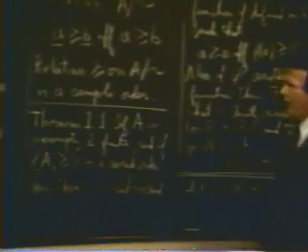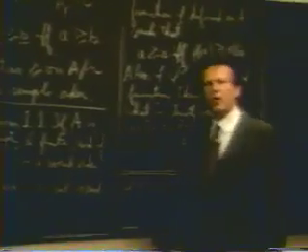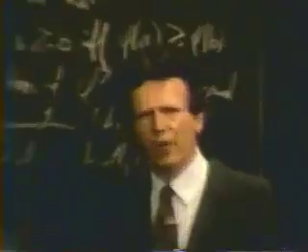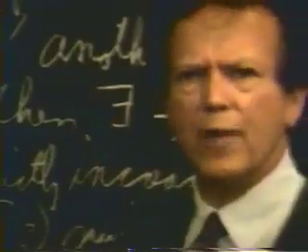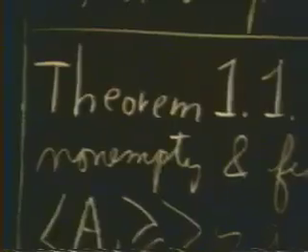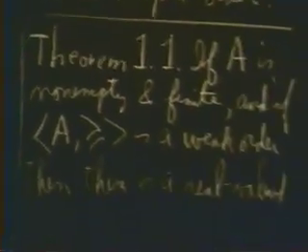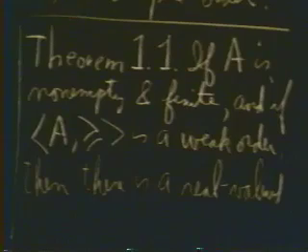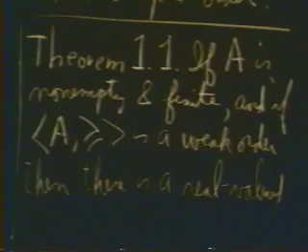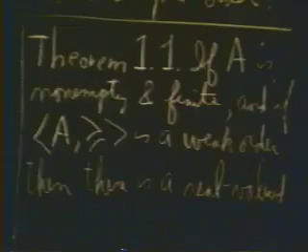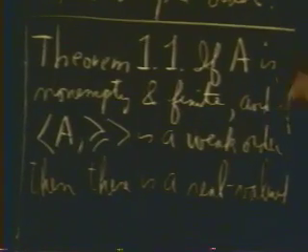Well, I think with that introduction of concepts and the statement of some properties, we're now ready for our first theorem about ordinal measurement. This is Theorem 1.1, which means it's in Chapter 1, Theorem 1 of Foundations of Measurement. I've put it 1.1 because after this theorem, we'll pretty quickly skip over to the more detailed discussion of ordinal measurement in Chapter 2. So this first theorem says, if A is a non-empty and finite set,